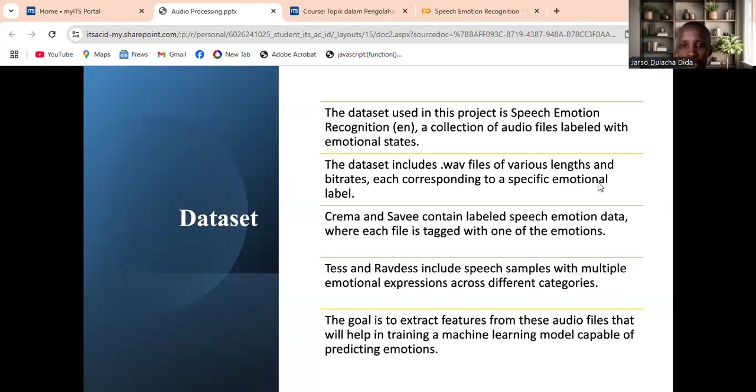Different folders are there, like Crema, Savee, Tess, Ravdess, which include different files. The goal is to extract features from these audio files that will help in training a machine learning model capable of predicting emotions.